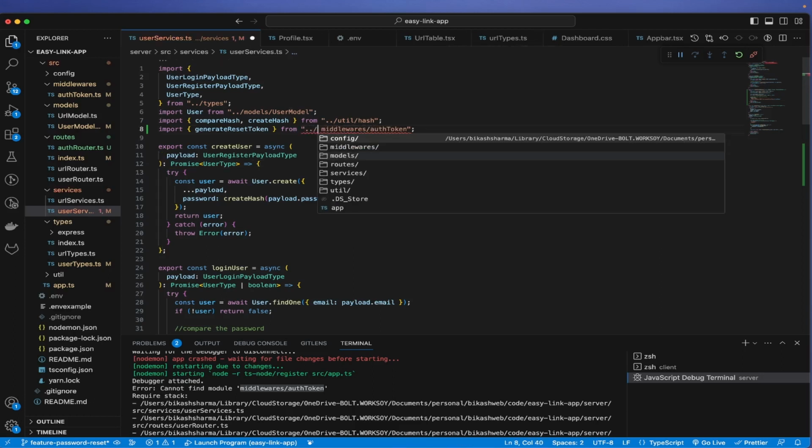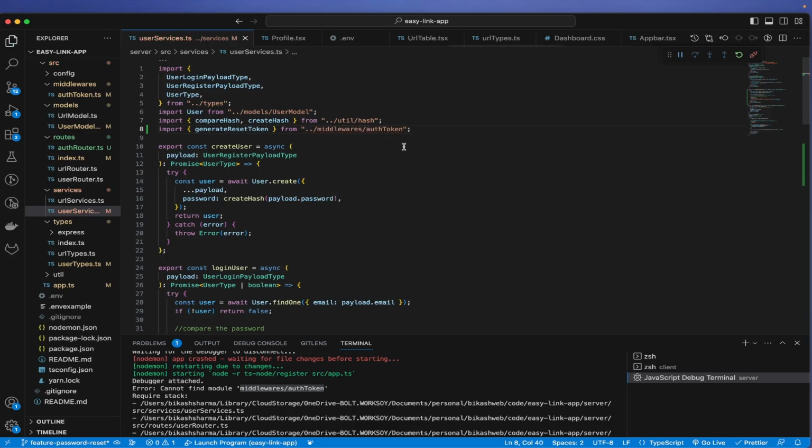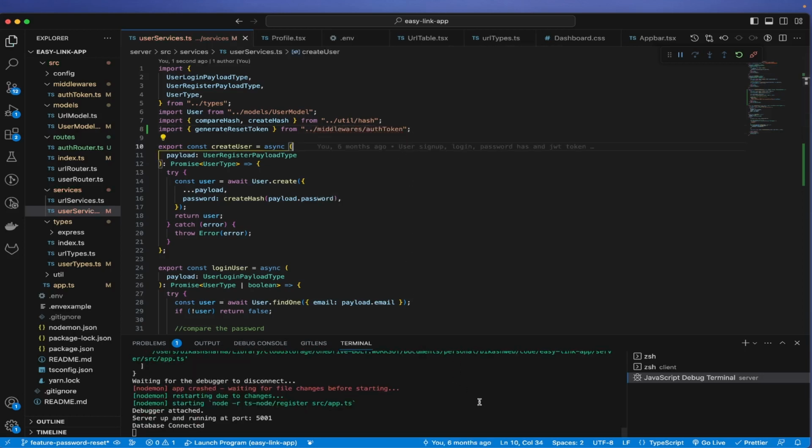So this should do the job, and it does. Database is connected, everything is good. So what I want to do,